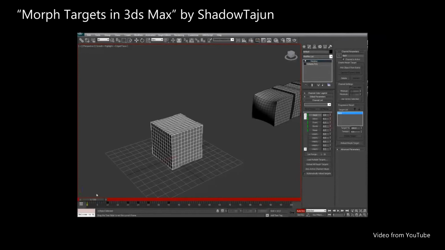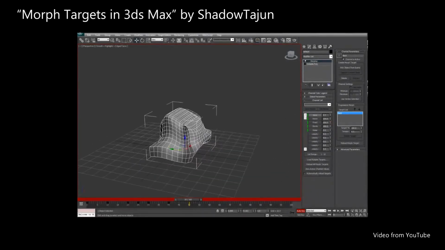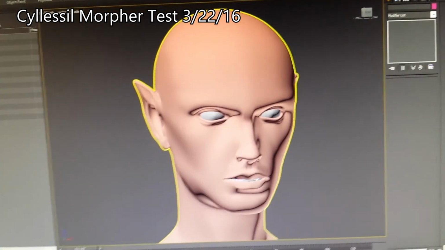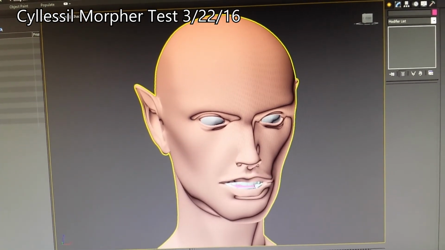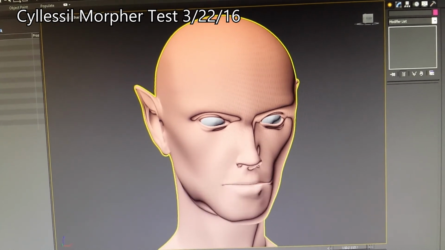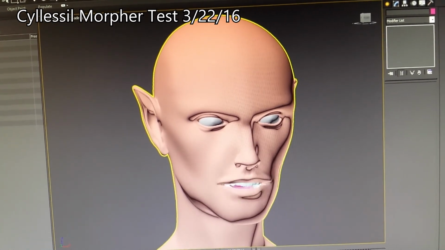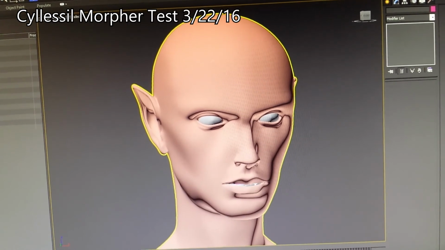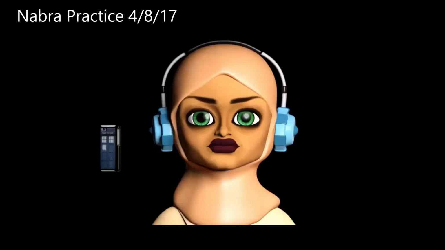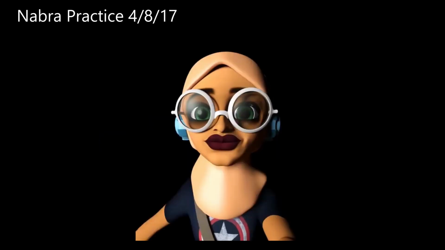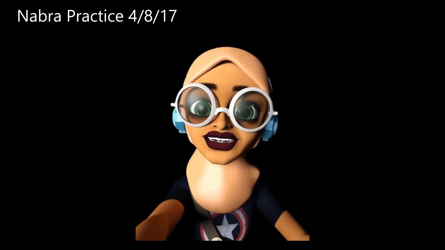So the shape can change from the first one to the second one, which my sophomore year, I wanted to see if that could work with facial animations since facial rigging was very daunting. So I tried it with my elf character, and it worked pretty well. I realized that I needed to have more morph targets to make it look more seamless, needed to have more overlapping. And then I tried it again with my Nabra character, which was last year, and it worked so much better because I had more morph targets,